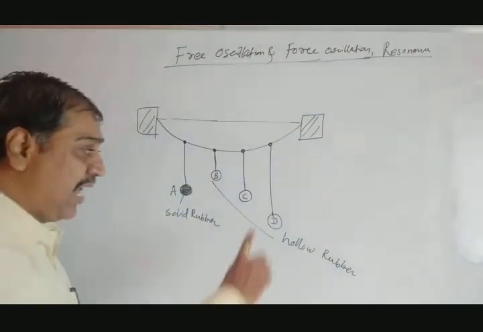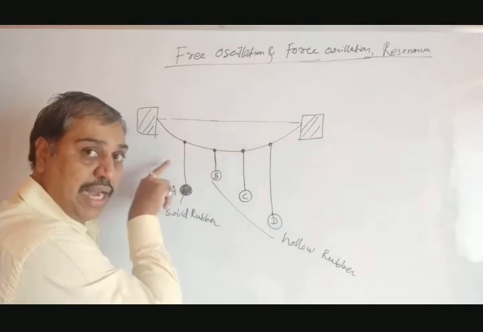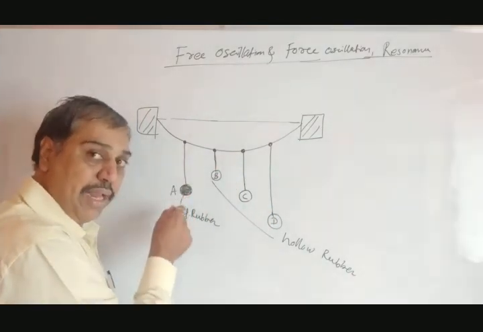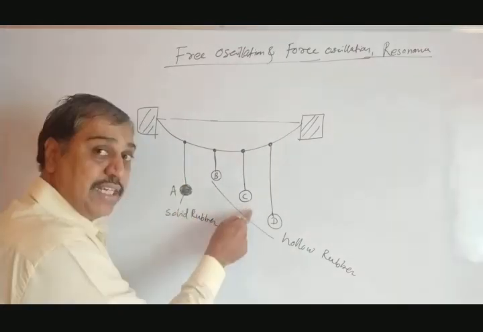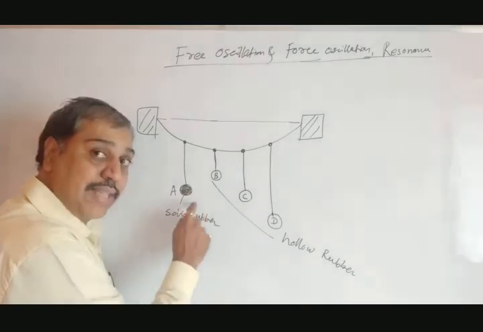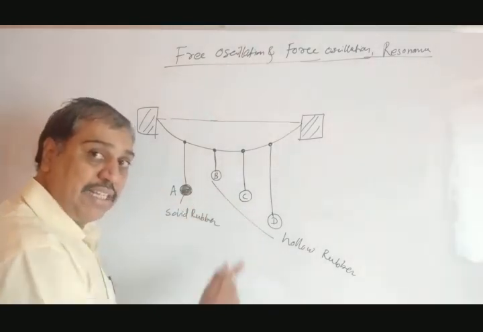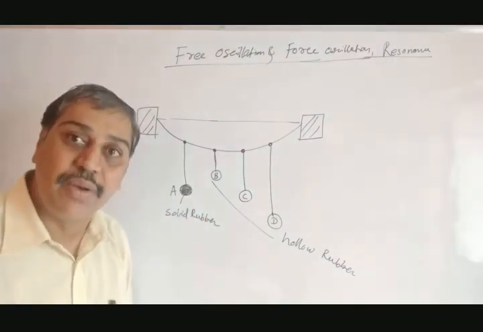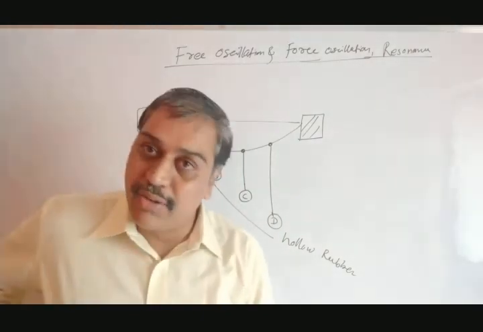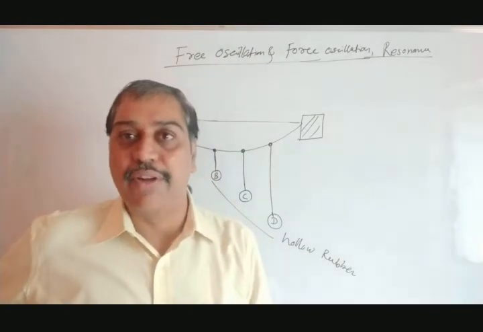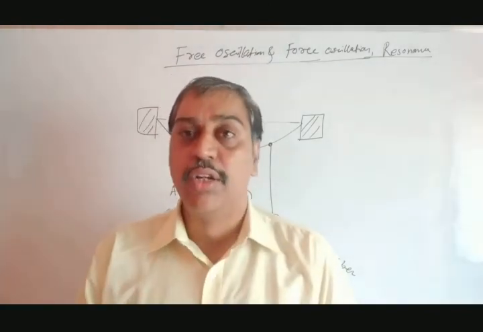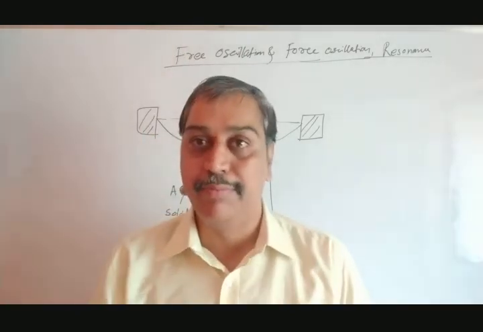See, as the length of pendulum C and that of A is the same, when we give energy to pendulum A, the same energy is acquired by C after some time. It will acquire the same energy, same amplitude, same frequency, and that is said to be resonance. Both have the same frequencies, so that is said to be resonance. In short, resonance is the phenomenon where the two frequencies match together, so the resultant amplitude is maximum.